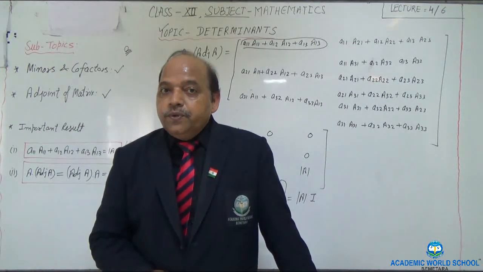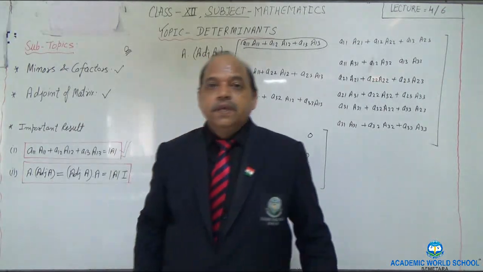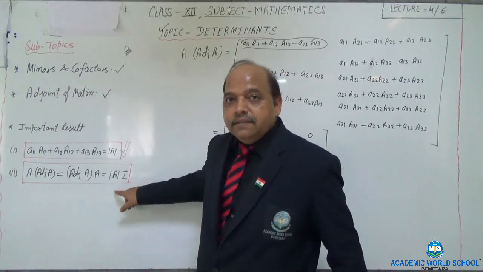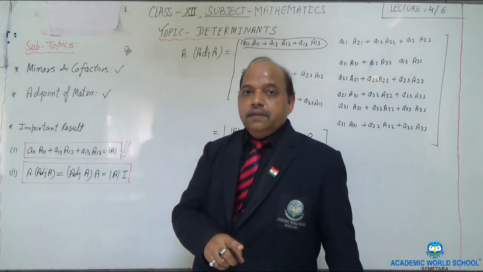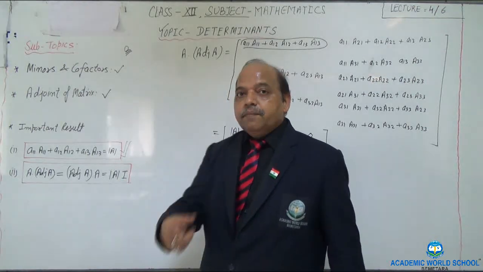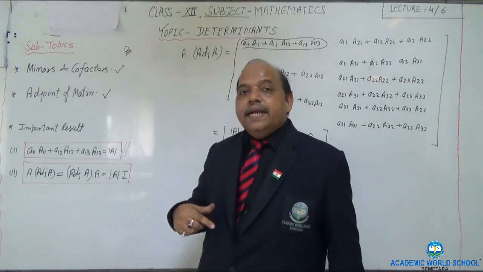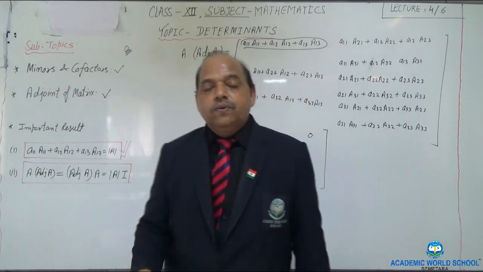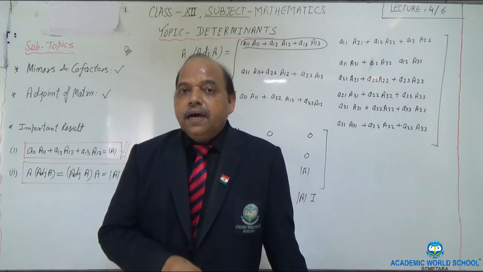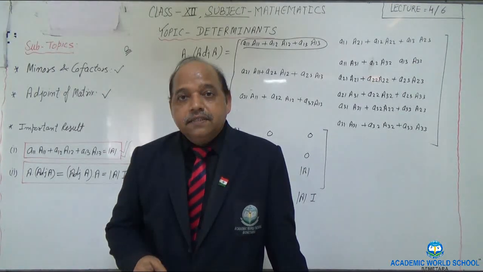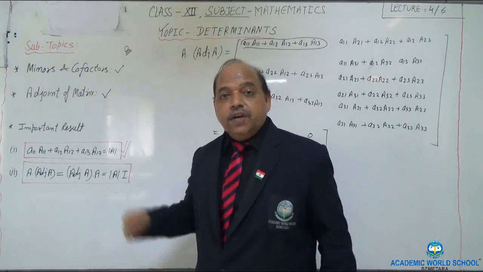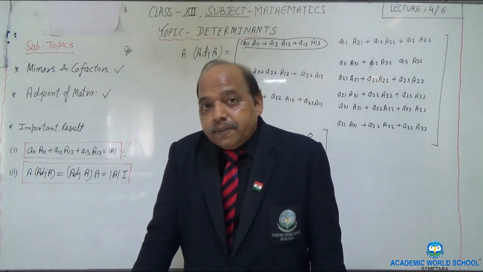So now I hope you have got the idea. In my next lecture, using this identity, you need to practice it properly. Take up 2-3 questions and then practice it. Fine? So in my next lecture, we are going to discuss how, using adjoint, we can find the inverse of a matrix. You learned earlier how to find the inverse of a matrix by applying elementary operations. This is the second method which we are going to discuss in my 5th lecture.